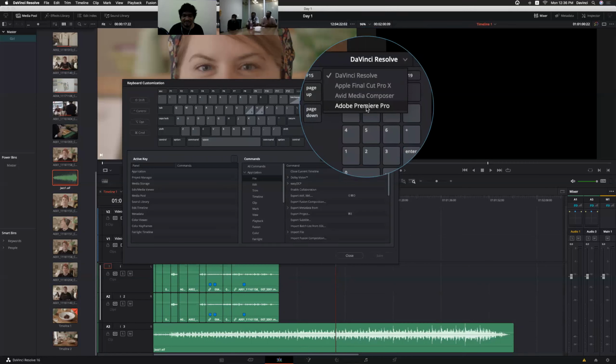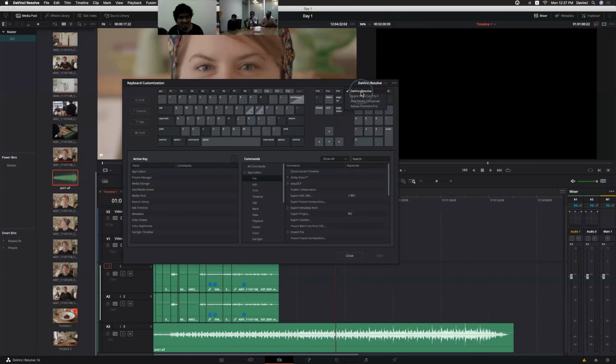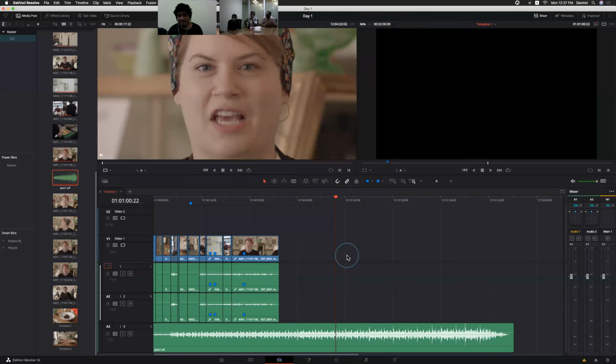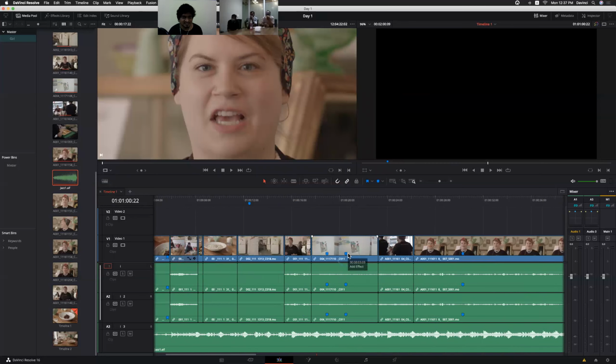But most of the keyboard shortcuts, for example F9, F10, are the same shortcuts, insert and overwrite, like FCP7. You will find similar things as well as the new things.